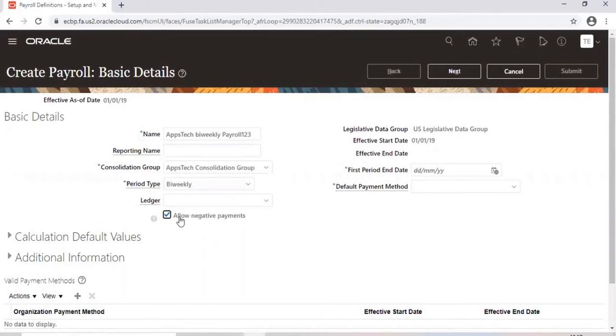If my salary is 10,000 and I worked only 10 days in the month, how much salary will I get? Maybe 3,300, something like that. So my net salary in the month of May is 3,300, but there is a deduction of 4,000, my salary advance. If you deduct that amount, my balance will go into the negative.